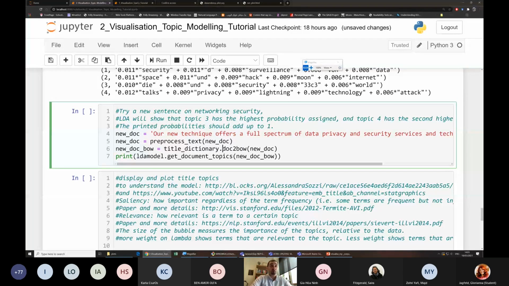That could be a system or software or tool you can create later, to see, based on your training data and text, if a new sentence comes in, what it is going to be classified as, if that can be used as a term. So you do the same thing on it, and then you run that model that you created on this new document to see what happens. We have an LDA model that we created. We just get document topics and say which one fits with that one. So if we run it,